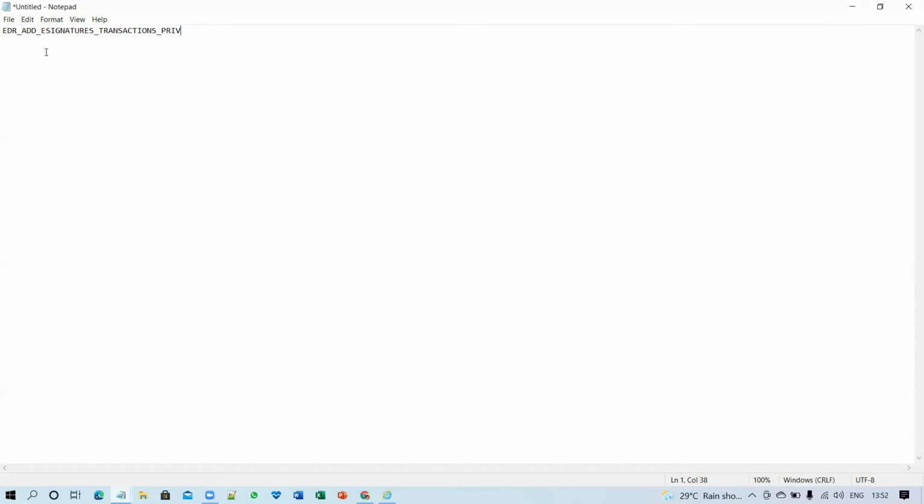So you have to make sure that you have added the privileges. And after that, you have to add one more privilege, that is EDR_VIEW_RECORDS_E_SIGNATURES_PRIV.